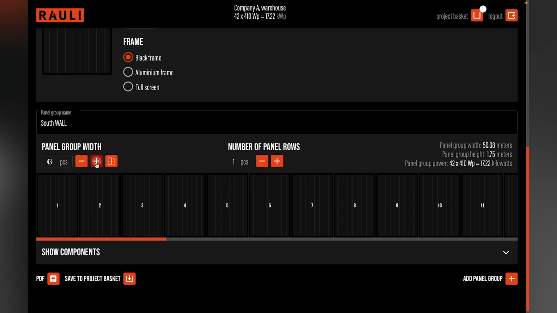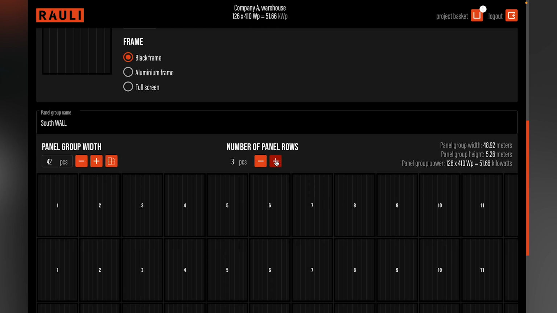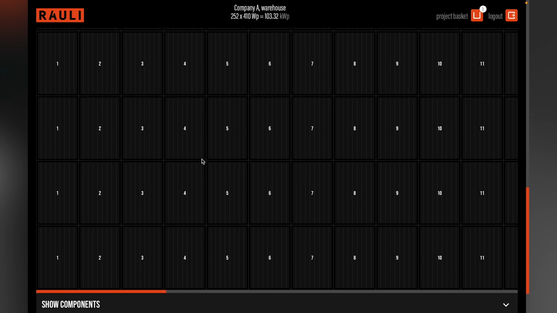Okay, 43 solar panels go a little bit over, so we take one step back. In height there was space for 12 meters. Let's see how many rows we can add there. 7th row goes a little bit over, so we take one step back. Total amount of panels is 252 solar panels, and it means that size of system is little bit over 103 kilowatts. Here we can see the layout of the system